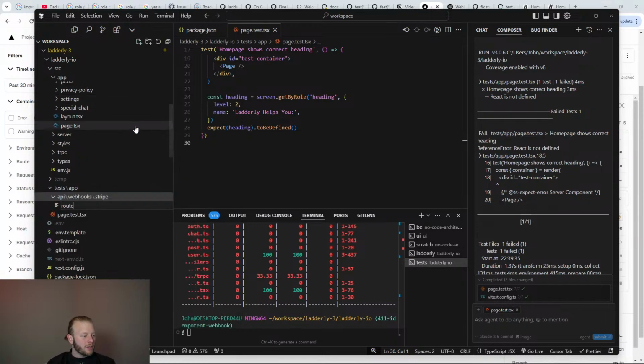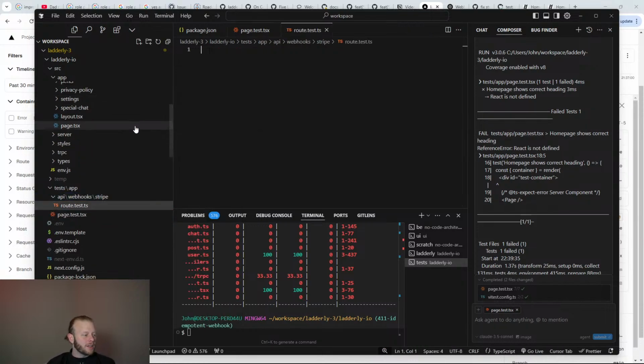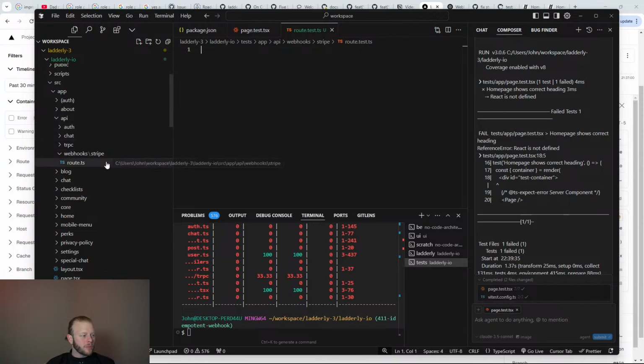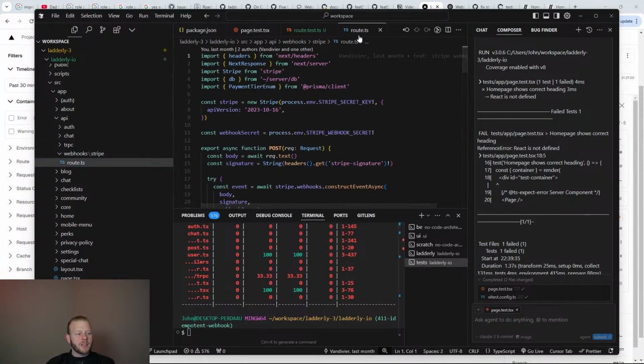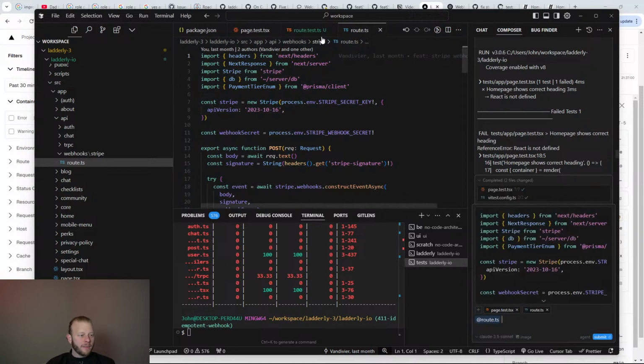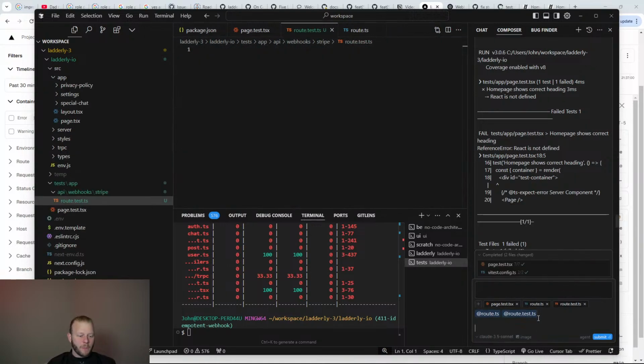So this will be route.test.ts. We got that IntelliSense with a color orange IDE feedback registering that this will be a test. Very good. So I want to start by testing the existing code, and I want that to pass, and then we'll come fix it. Now add unit tests for the route.ts file.